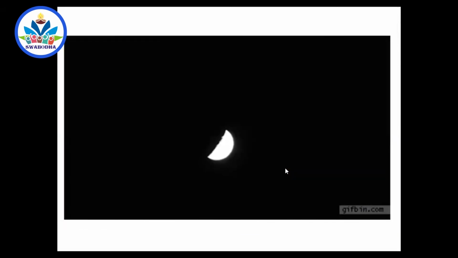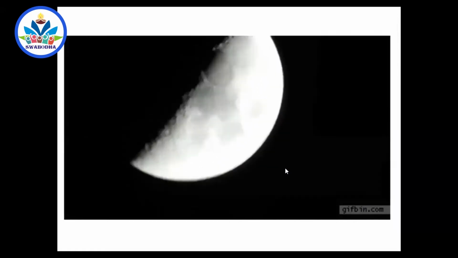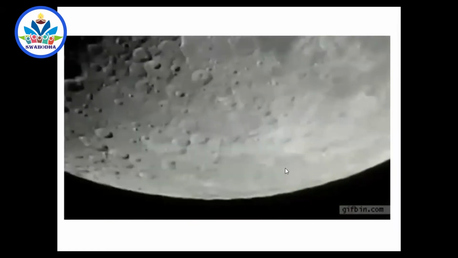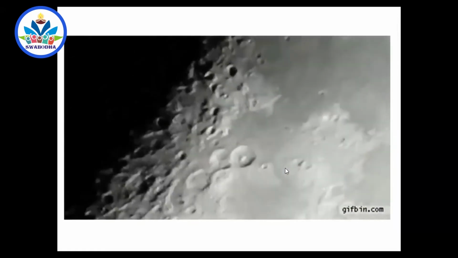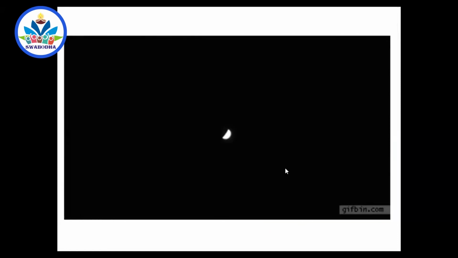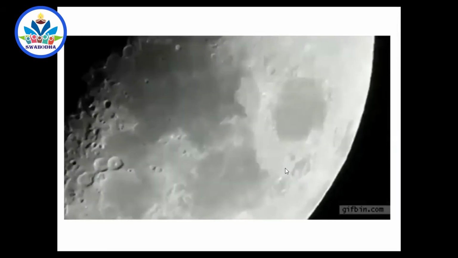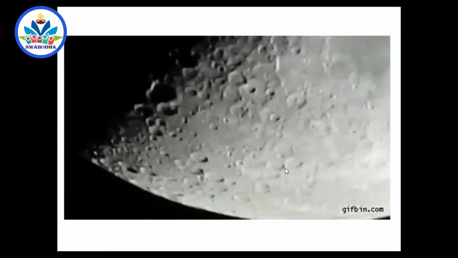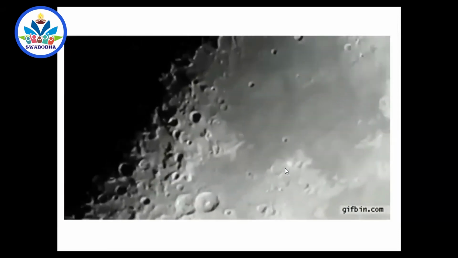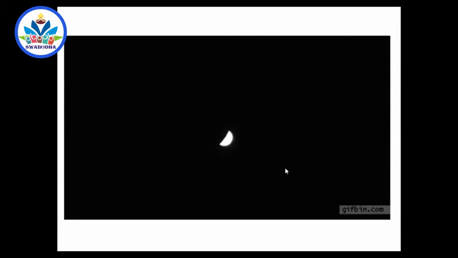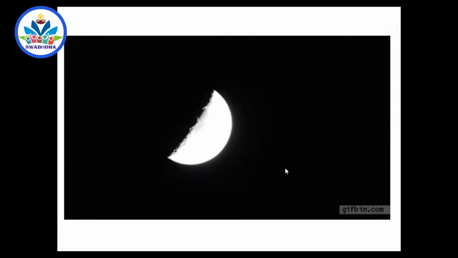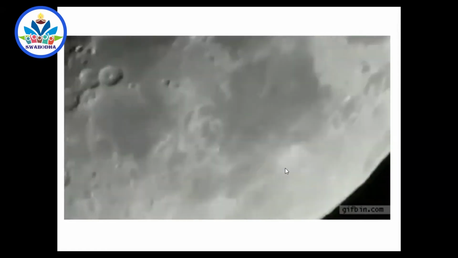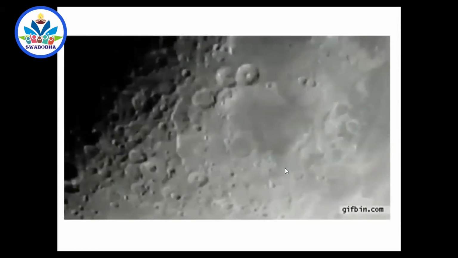See, this is how telescope is focused onto the moon, and you can see the craters and ups and downs, hills on the moon. Because telescope has the ability of showing the images. See, actually what the telescope is doing, that is why I wanted to show this image. Sir, when we look into the moon from the earth with bare eyes, we don't see the craters of the moon. We see moon as a simple circular or spherical white globe.